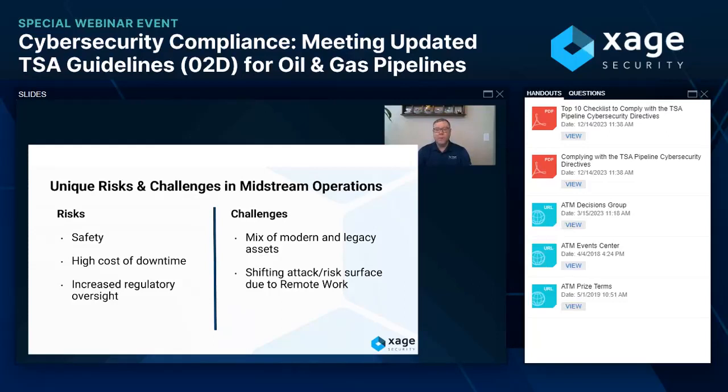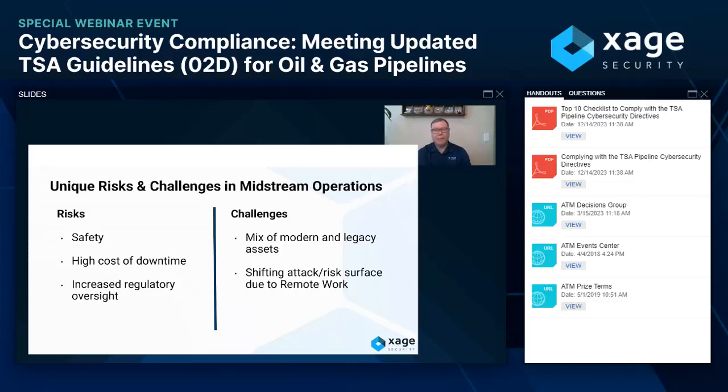So, the attack vectors may not be the same. New viruses come out, new malware comes out, and you have to be able to shift and think about how you can apply those mitigating controls and compensating controls, as well as take away the attack vector. Regulation is increasing because of not only recent events, but past events.